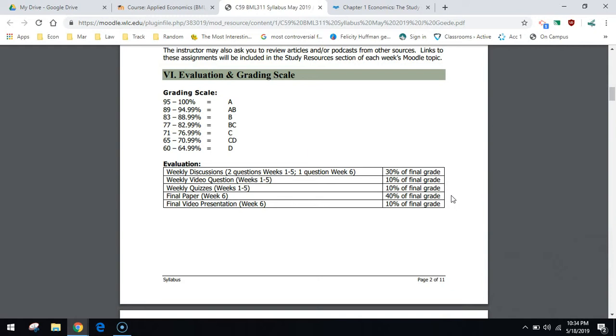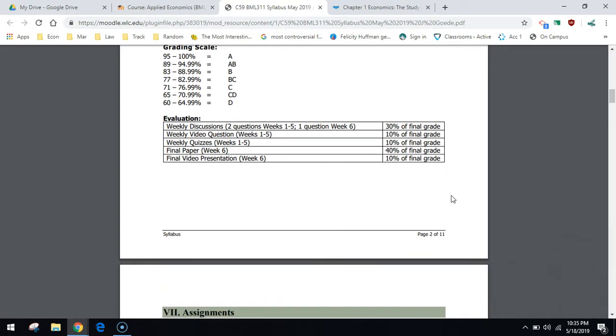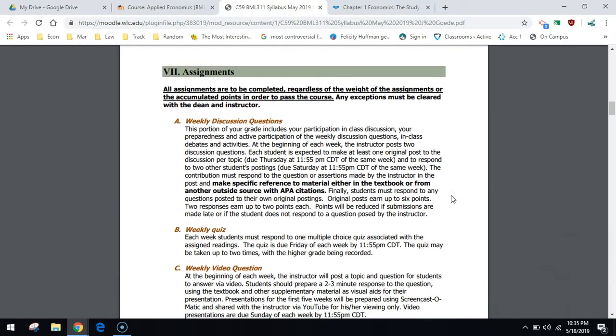And then the paper, which you will put together in pieces each week, and then ultimately submit at the end of week 6. So for those of you who worry about a big paper coming at the end, that is true, but if you are keeping up during the first 5 weeks, the last week is really just editing and polishing and turning in. So we're spreading it out over the 6 weeks.